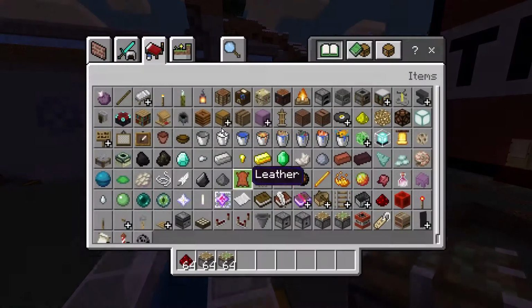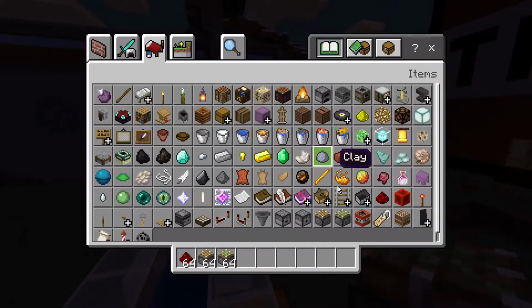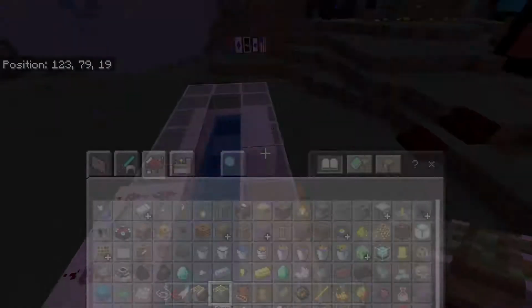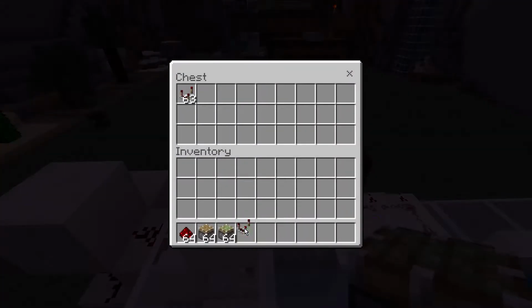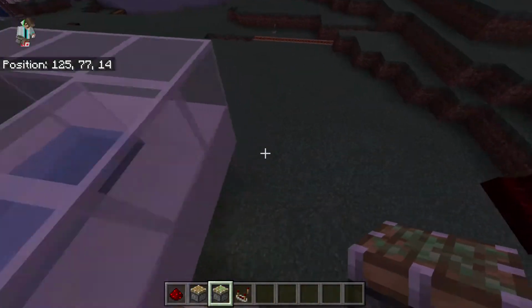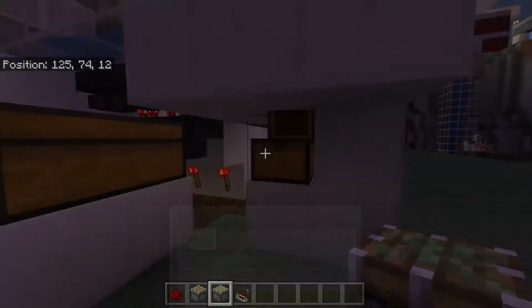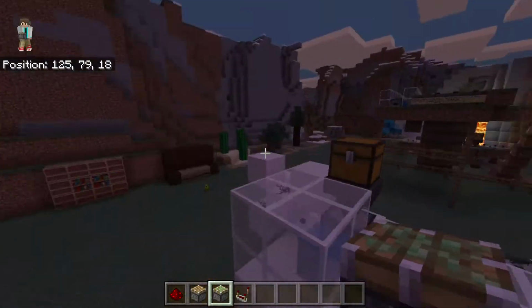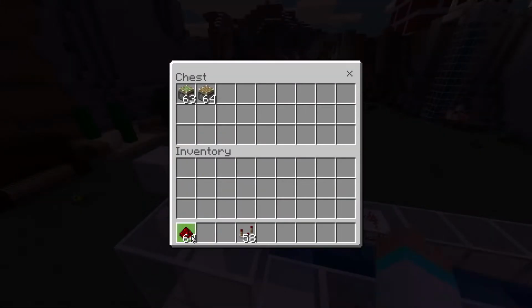Now, if you want, you can grab some other random thing that isn't in your item sorting system. So first you're going to want to test that it dispenses that out, and that it doesn't go into those hoppers. It only goes into this one, or that chest. Now if I put these in,